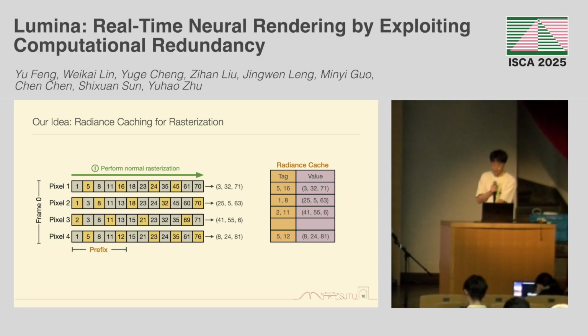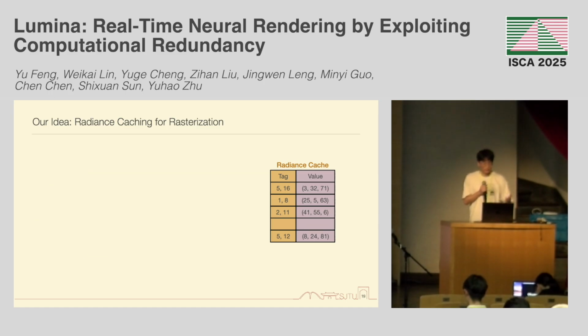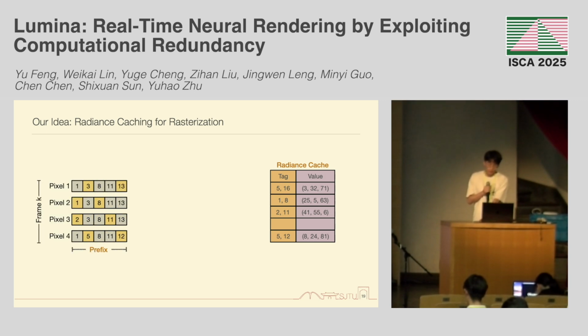Similarly, we populate the radius cache by inserting the remaining pixels. Next, let's see how radius cache can accelerate the remaining frames. So we first perform the rasterization for the Gaussians in the prefix list. Once we finish the computation for this part, we identify the significant Gaussians in the prefix list and use them